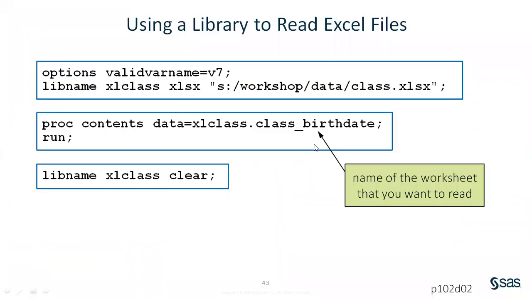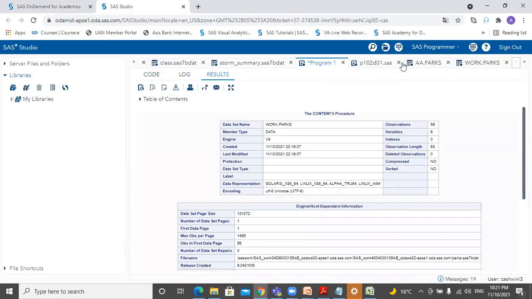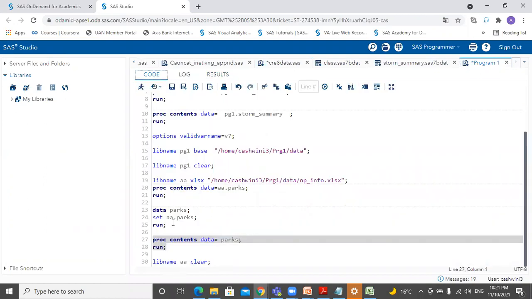So that's it. And now once our work or whatever task related to a specific Excel file is over, what we'll be doing is I go back into my program. Now I've already created a data set from my Excel sheet or an Excel library. So I dissociate the connection.